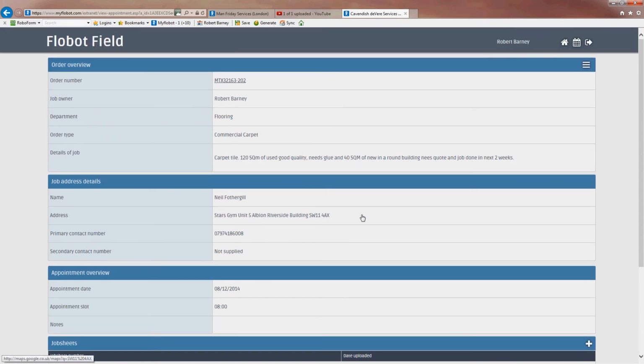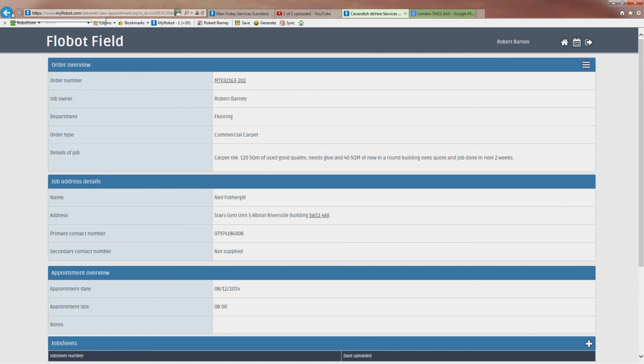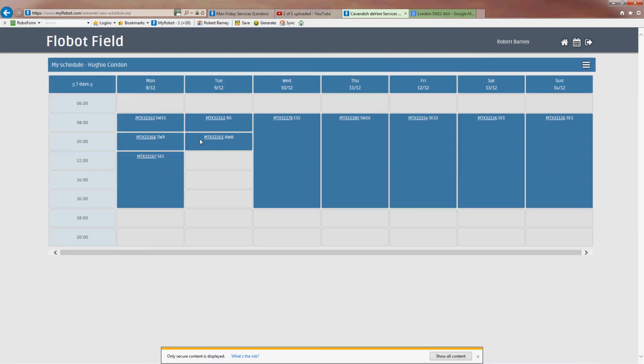We can click on this, and this will take him straight to Google Maps, so if he's in the van, he can navigate straight to that. If you go along the top here, you can actually click this button, and if you click that button, it will send an SMS message to the customer saying that I am en route to this appointment. And obviously, if you were doing this on an iPad or a tablet, you'd press that button with your finger, and you don't necessarily want to do it all the time because you may be having lunch, but it's useful nonetheless for communicating exactly where you are with the customer without having to make a phone call. So we'll go back to the schedule,